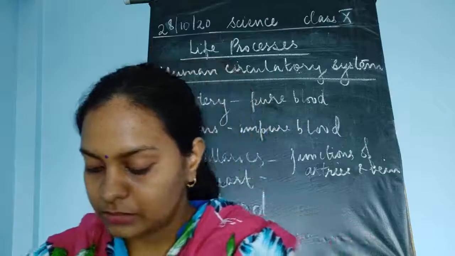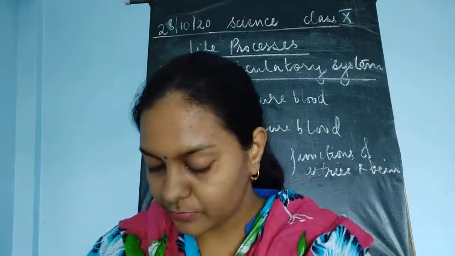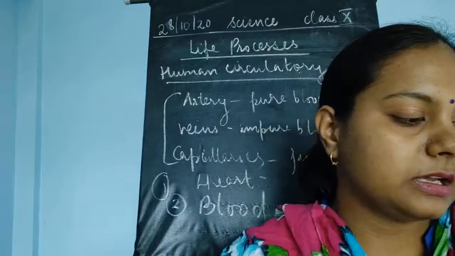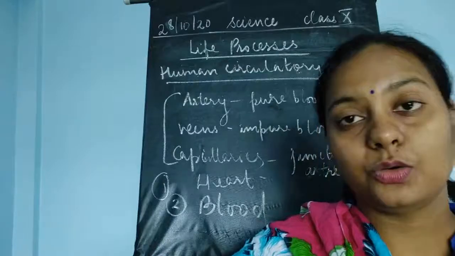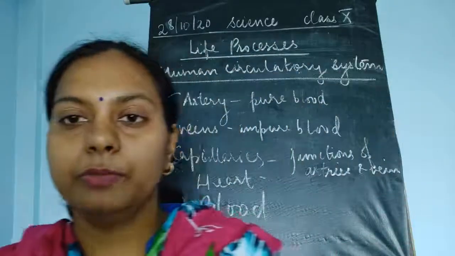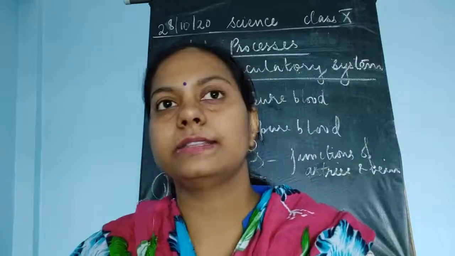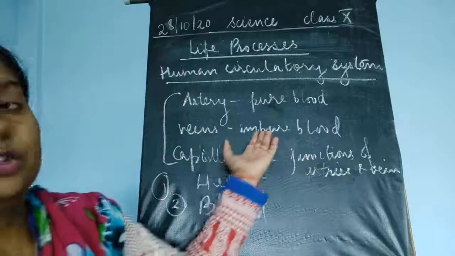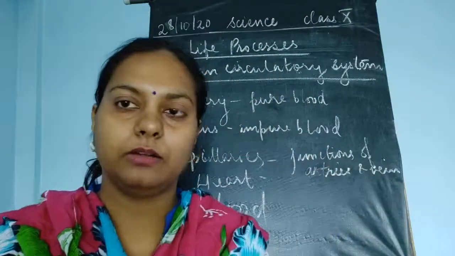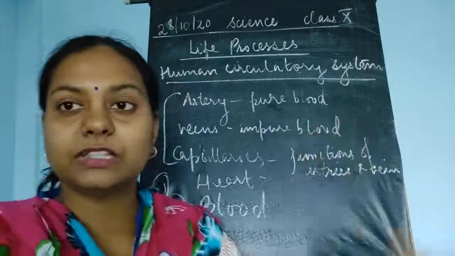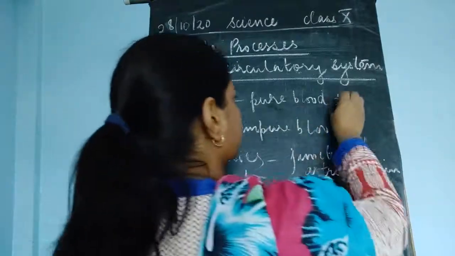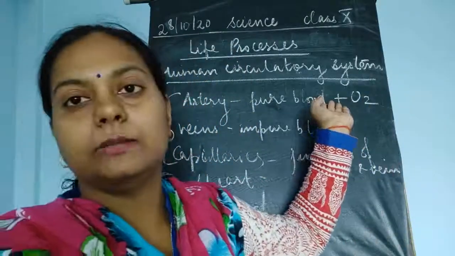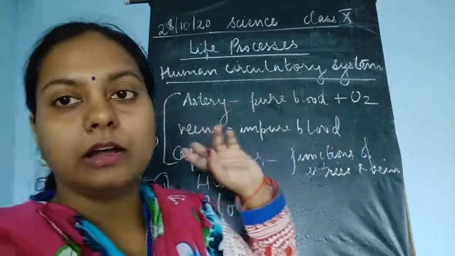Now, the heart is a place, okay. So, arteries, veins and capillaries, if we talk about the structure of these three blood vessels, we'll be seeing that. Here I told you that they contain pure blood, they will take up impure blood. But in the case of the circulatory system, what do you mean by pure blood and what do you mean by impure blood? Pure blood means it is the oxygenated blood. Oxygenated blood means it is the blood which is mixed with oxygen. So blood mixed with oxygen is said to be pure blood. It is also known as oxygenated blood, which is carried within the arteries, okay.